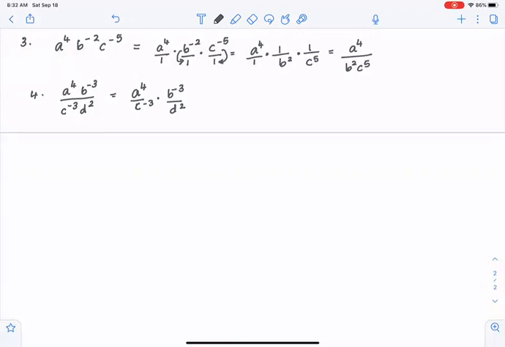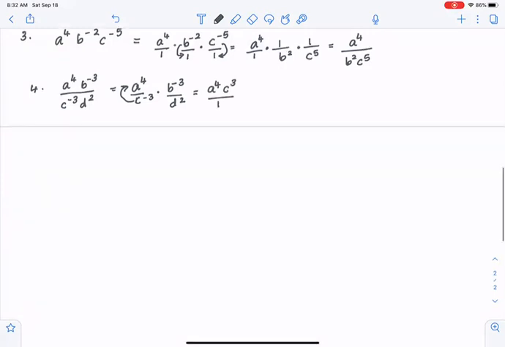So I'm going to leave a raised 4 as is because it has a positive exponent. Going to move c raised negative 3 to the numerator. I have a raised 4 multiplied by c cubed. Move b raised 3 to the denominator. We have b raised 3 d squared. So we will have a